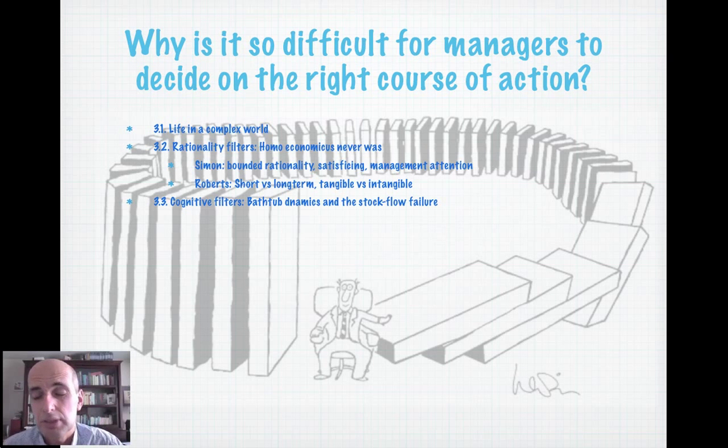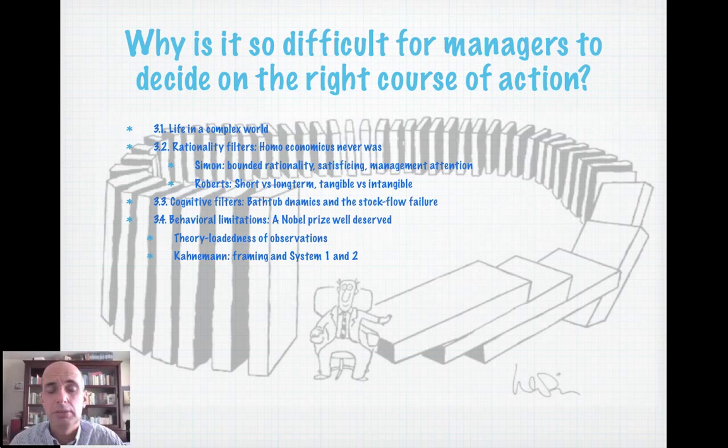One particular type of filter that we have between an optimal decision and the decision we usually take is cognition. Dealing with dynamic systems is difficult for us. We have difficulty dealing with accumulations, with delays, with feedback loops, and we'll look at that. There are also limitations of a behavioral nature. The psychologists Kahneman and Tversky are extensively cited in this part. And they got a Nobel Prize a couple of decades back for their work in economics.